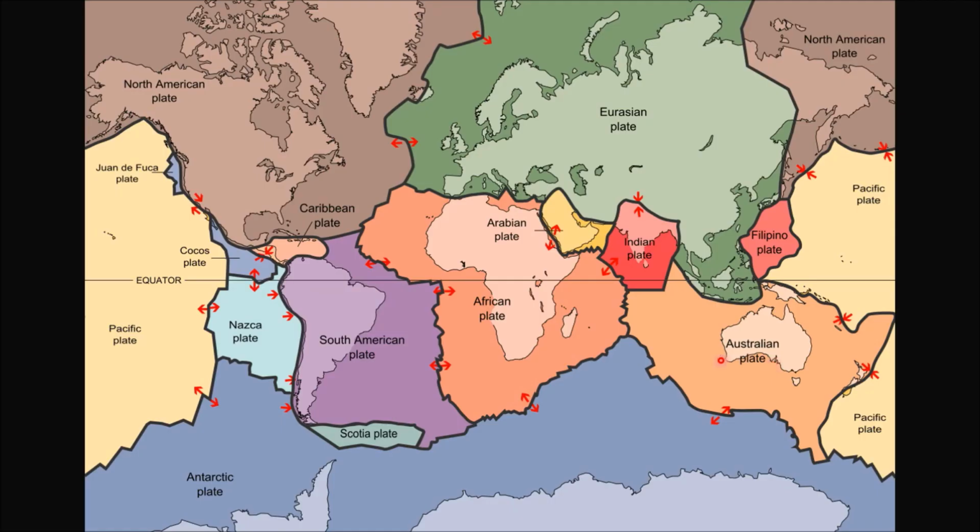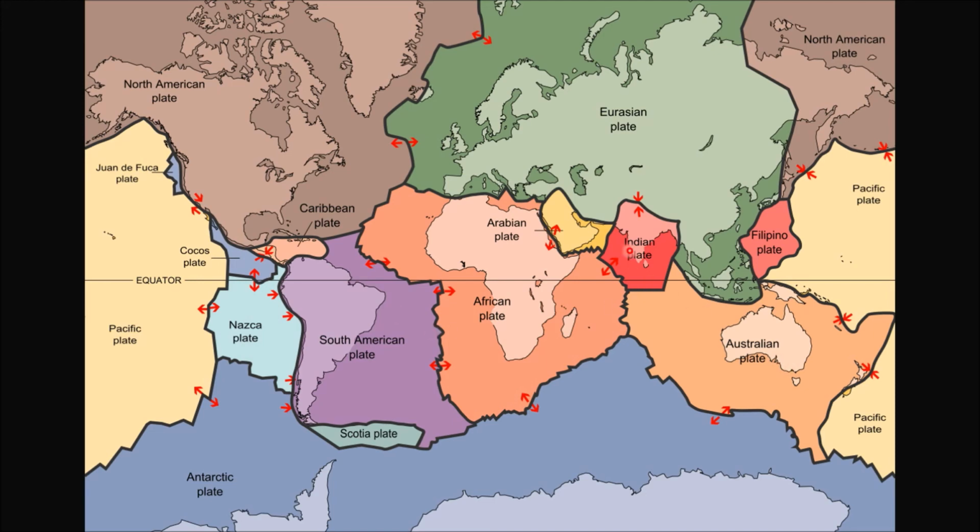Now this is a cleaner picture of all the plates, right? So take a look at these plates again. Remember, we just talked about the South American plate and the Nazca plate. Now take a look at this picture. This picture shows you the plates, but also, what else does it show you? You see there are all these tiny arrows all over the place. So these arrows are telling you in which direction these plates are moving.